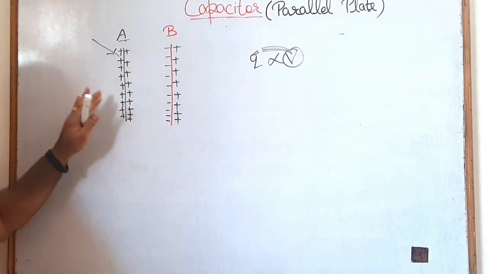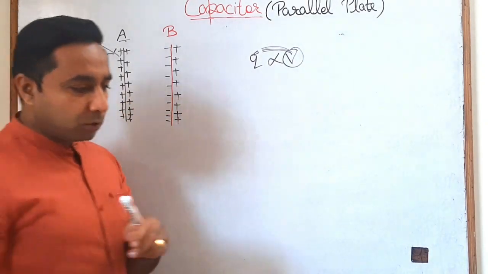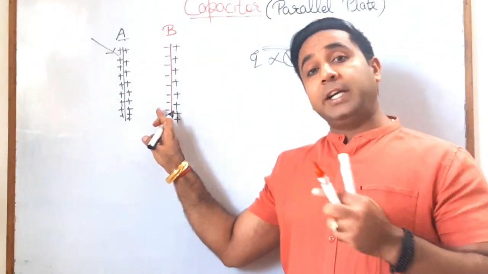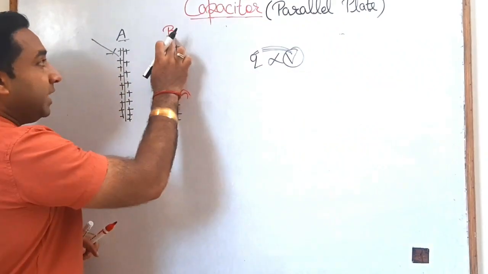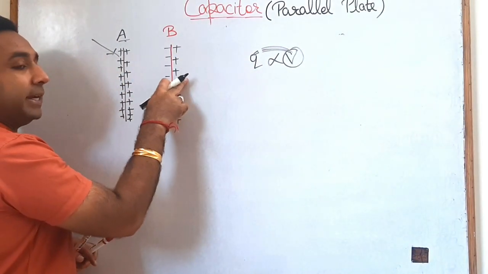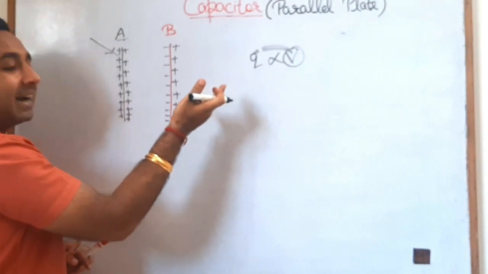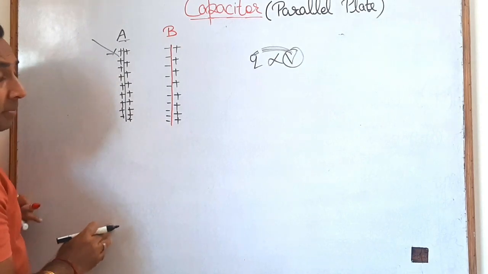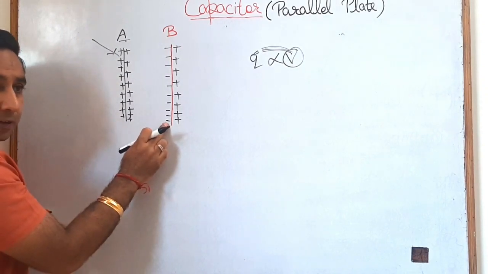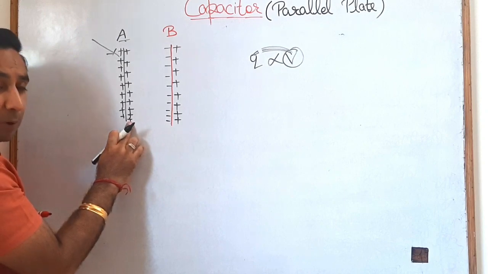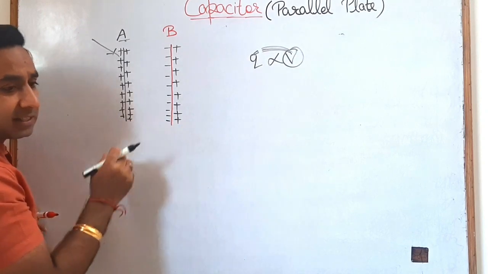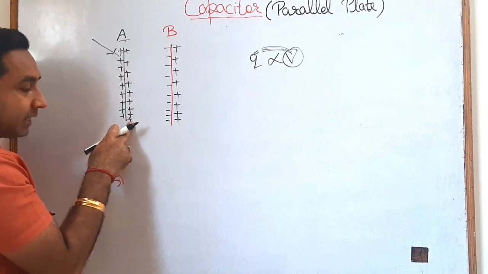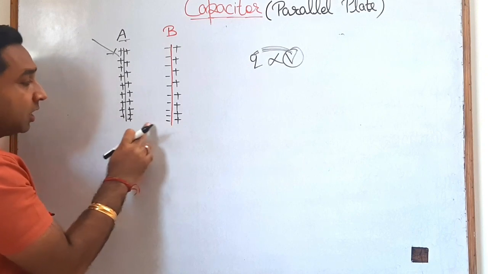ड्यू टू दिस पॉजिटिव चार्ज, फुली पॉजिटिव चार्ज, जब हमने इसके पास एक प्लेट को रखा, then due to induction, पॉजिटिव है ड्यू टू इंडक्शन, negative will induce on the front face. ये B प्लेट का फ्रंट फेस है, ये B प्लेट का अदर फेस है, फारदेस्ट फेस बोल सकते हो आप। सो नेगेटिव इंड्यूस हुआ, यहां पर पॉजिटिव हुआ। ध्यान से सुना इस पॉइंट को। Can we say that this negative charge will reduce this positive? बेटा definitely negative positive को neutralize करता है।